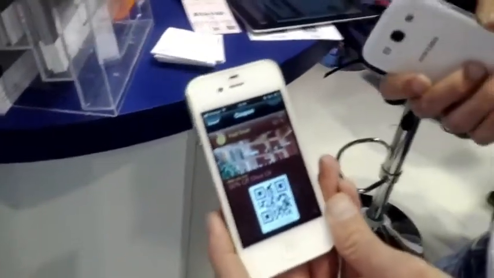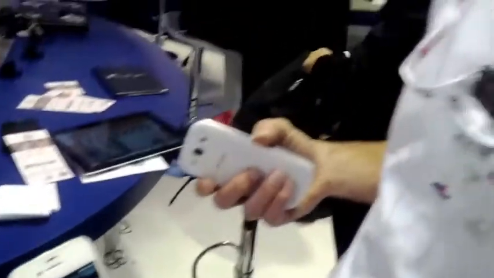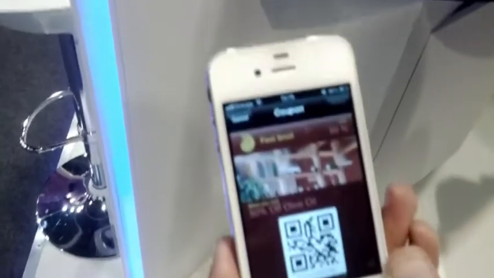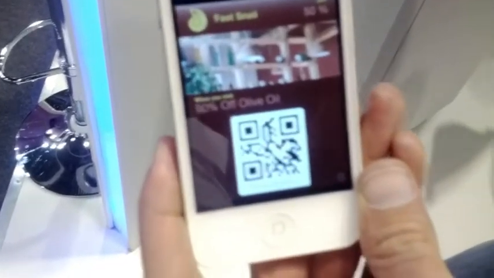So to handle the redemption, we have a number of ways. We have a redemption API that can be used to integrate with a point of sale system, and also we have the option for the consumer to do it directly from their device. But finally, the easiest option for the consumer is that they can use a mobile application that's used at the point of sale,